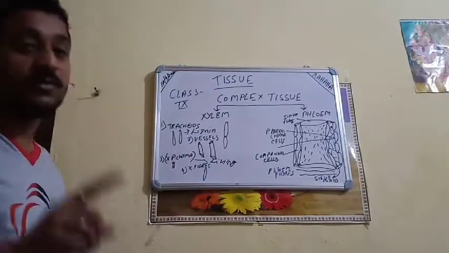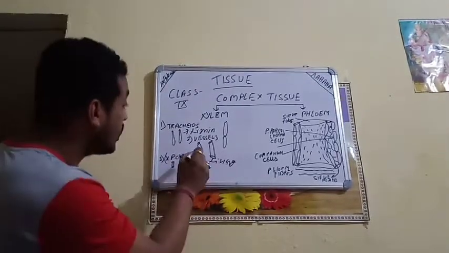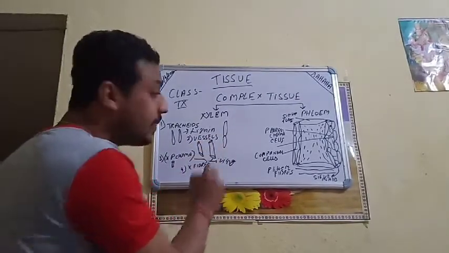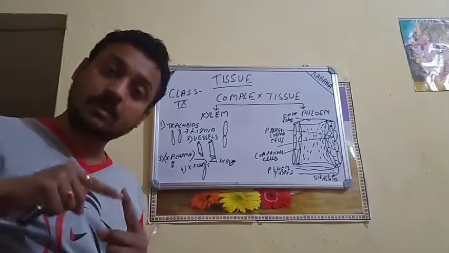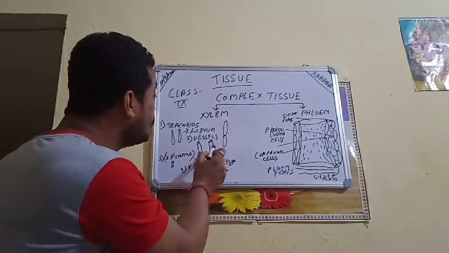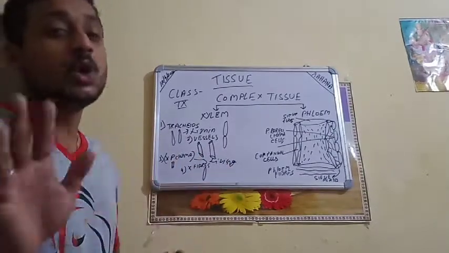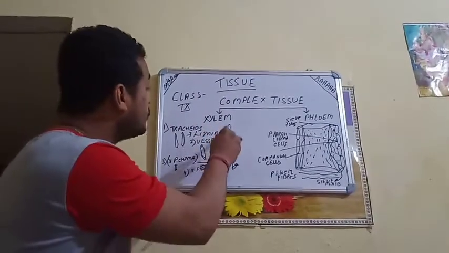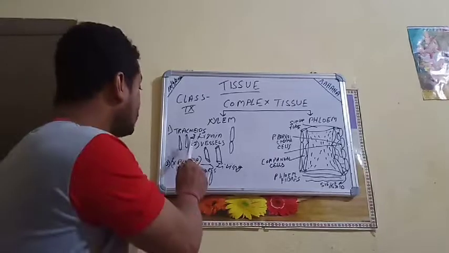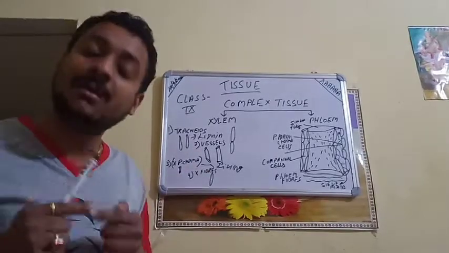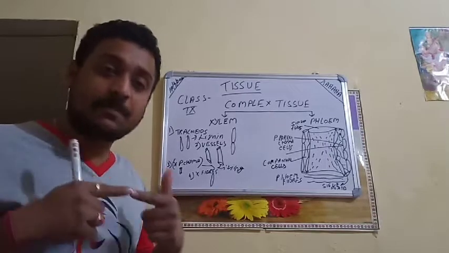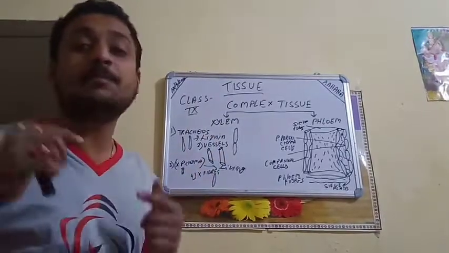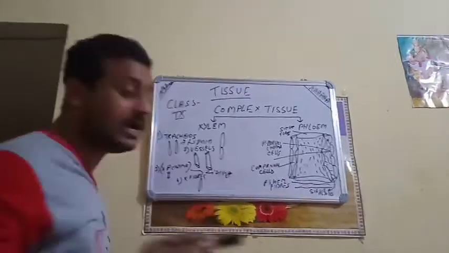Next one is the vessels. Vessels are also dead cells of the xylem, but the structure of the vessel is just like a pipe. So the vessels will be attached to each other like a pipe-like connection. Here we cannot use the end-to-end term because in a pipe they are directly connected to each other. So for tracheids we use the end-to-end term, and for vessels we use a pipeline structure because their shape is like a pipe.